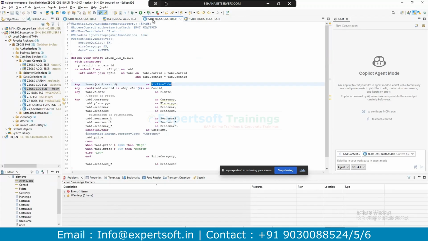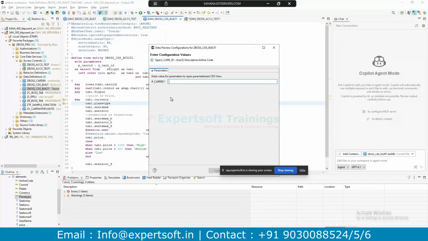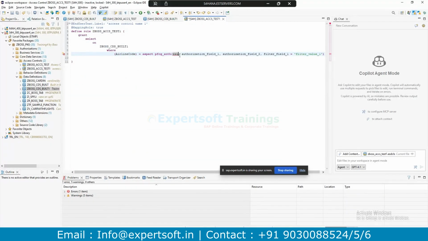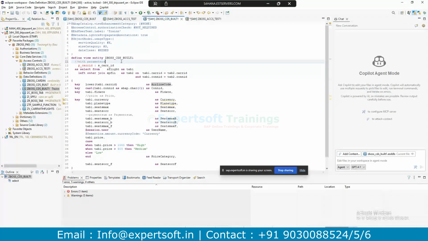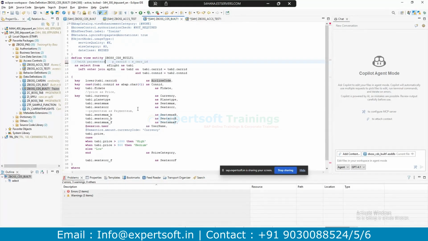Before that, let me show you the preview. Currently, it has been implemented. Okay, I activated it in between; I left it. I just wanted to show you the data before implementation. Okay, currently I will comment out the parameter. I don't want a special parameter.